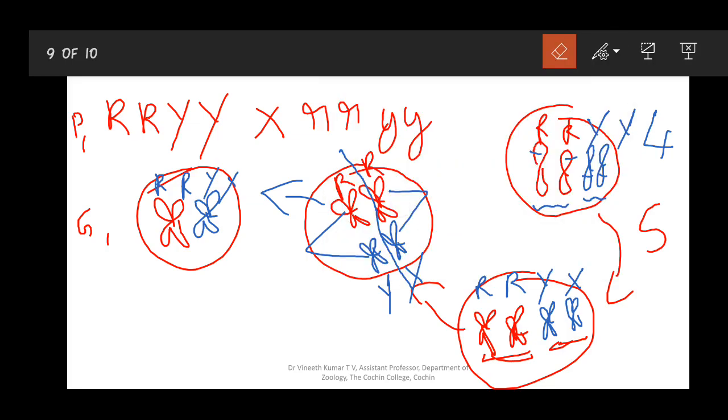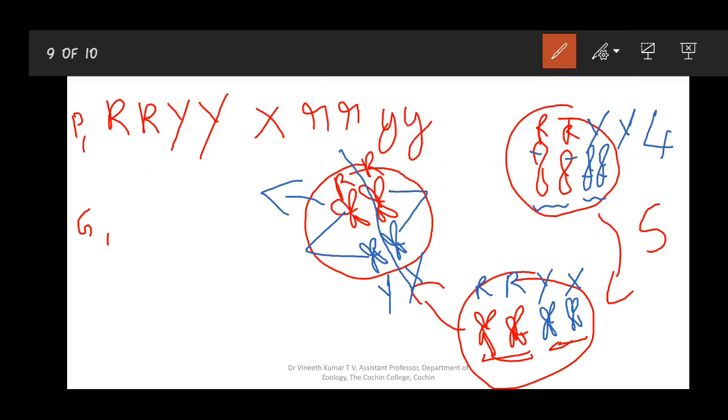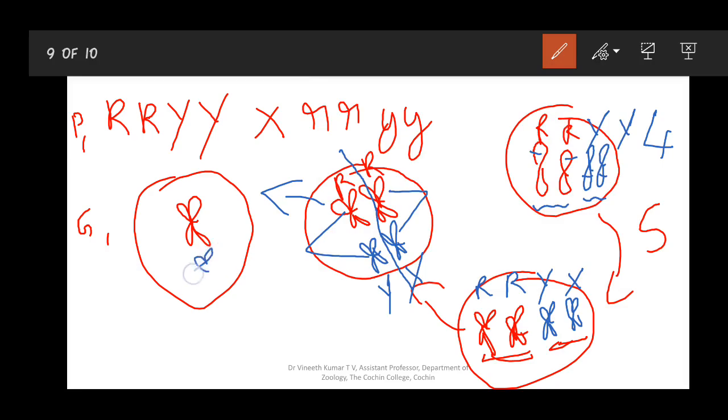Okay, so what happens next is that I will draw the metaphase arrangement itself so that the diagrams will be fewer. So I'm just redrawing it. Now this is the metaphase 2 arrangement of this particular cell. This is the first cell, and this will be the second cell. Both will do the same pattern like this. Here you have capital R in one chromatid, and the other one is also capital R. This is capital Y in one chromatid and capital Y in the other chromatid.